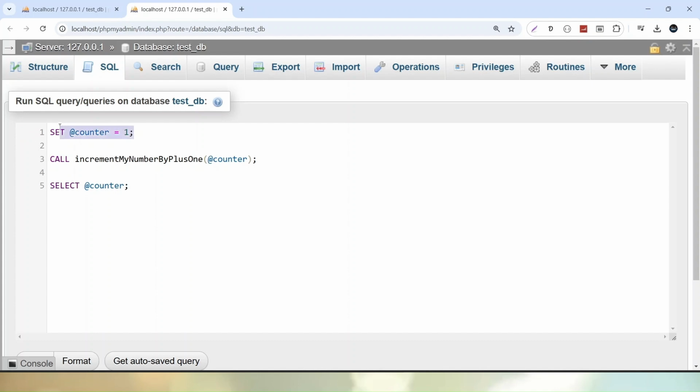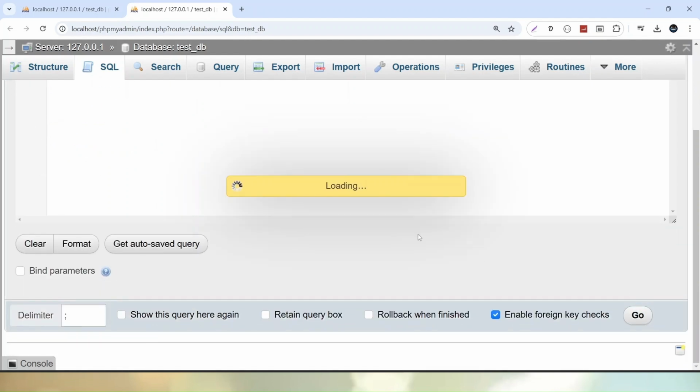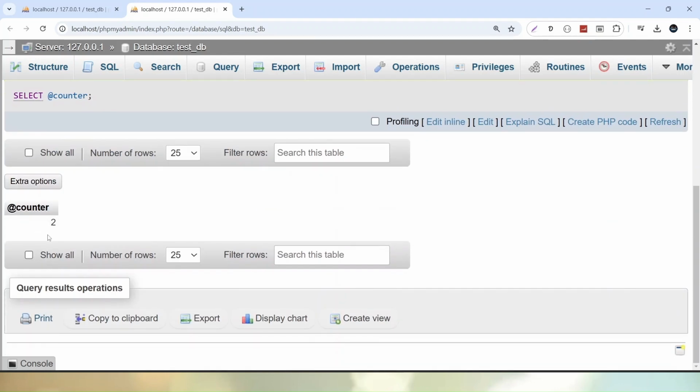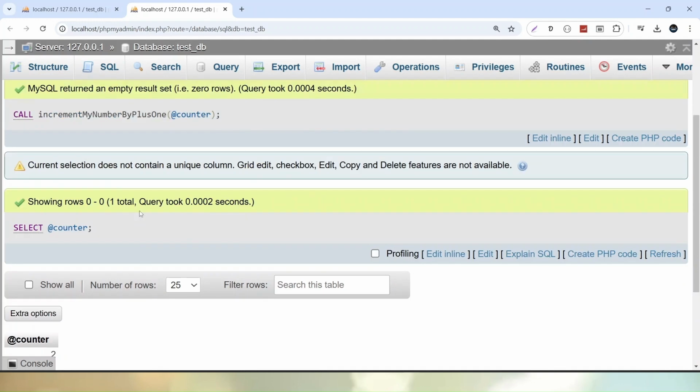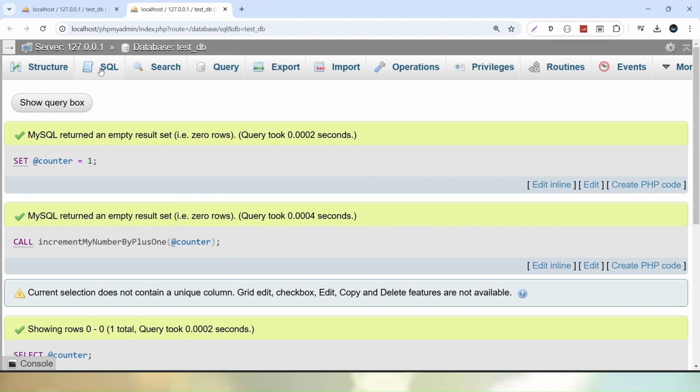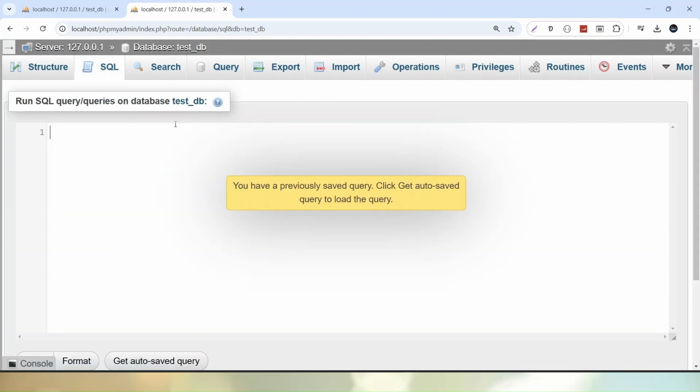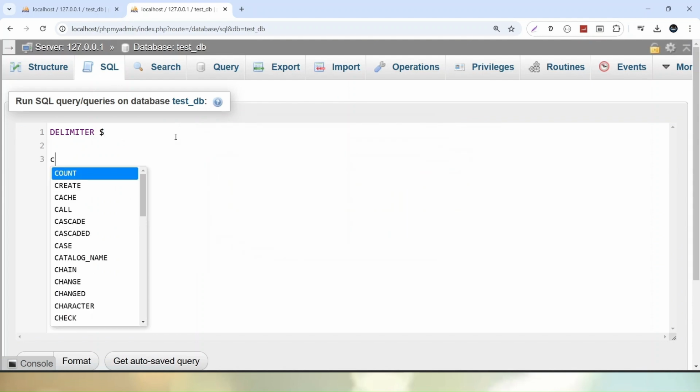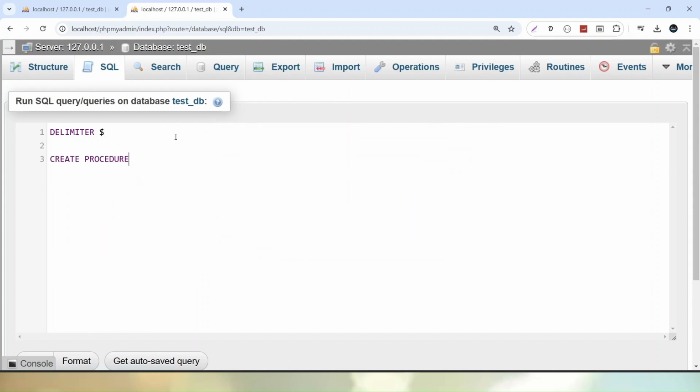semicolon, so here we have the initial value equals to 1. This stored procedure will add +1 and return this counter variable, and if we print, it will go and print the number 2, as we can see equals to counter. So this is the use of in out parameter mode. Now here let's consider one more scenario. So I will go into the SQL tab. Let's say delimiter dollar, let's say create procedure, and here let's say add